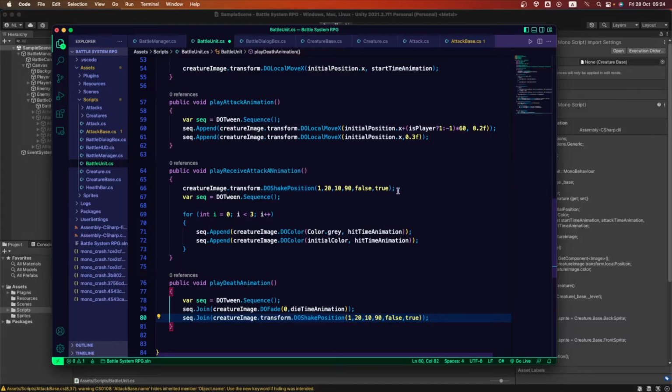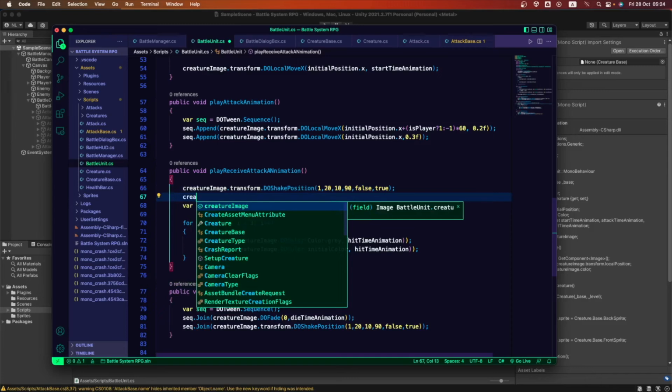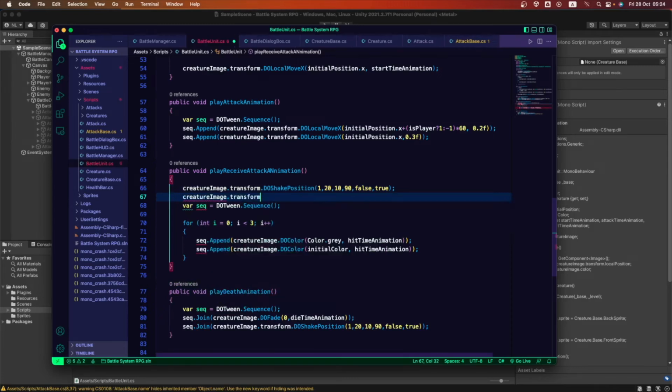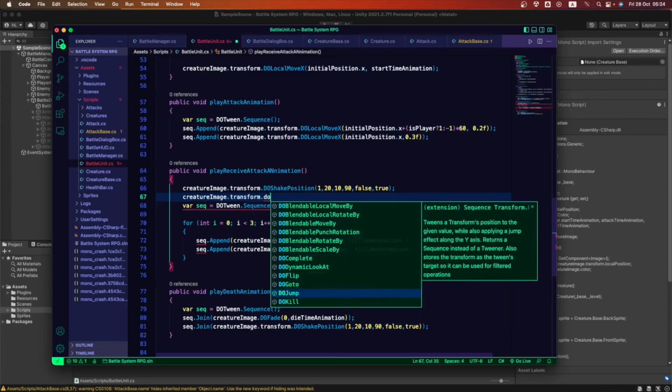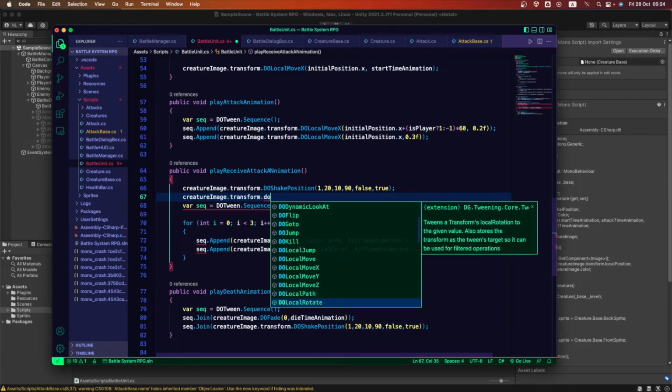Whenever you want to try some of this stuff, just go into the image you want to change, for example creature image, transform, and just write DO whatever, and you're going to find lots of animations inside that DOTween library.